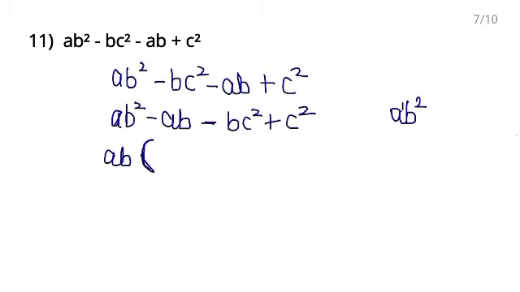आपने a की पावर 1 ऑलरेडी बाहर ले ली है, b की पावर 2 थी, you have taken 1, so 1 is still left. So b raised to the power 1 is still left, or you can simply write b, minus this is ab, and you already have taken ab outside. आपने ab को ऑलरेडी बाहर ले लिया है, so ab 1s are ab, 1 will be remaining here, minus from this and this you can take c square